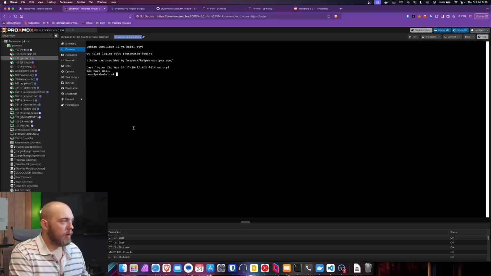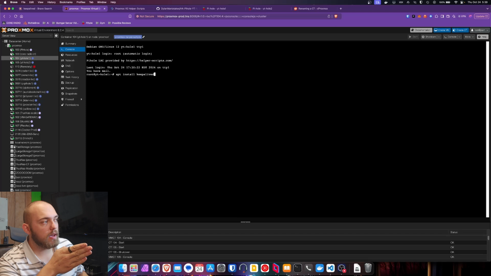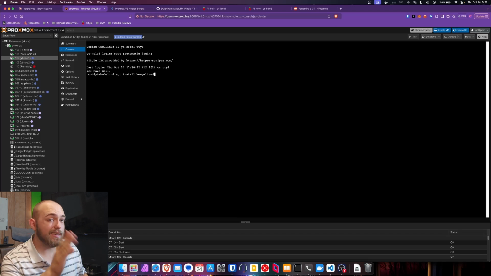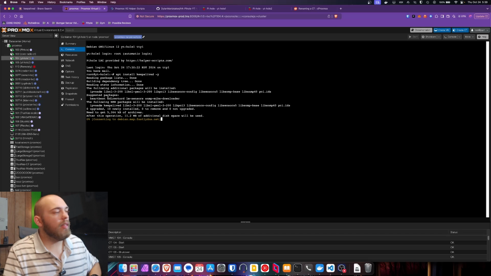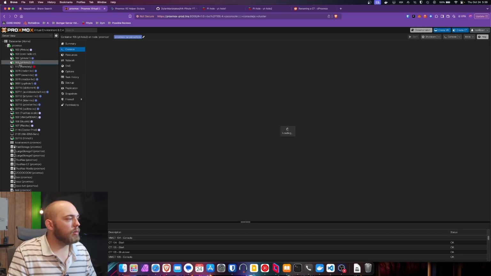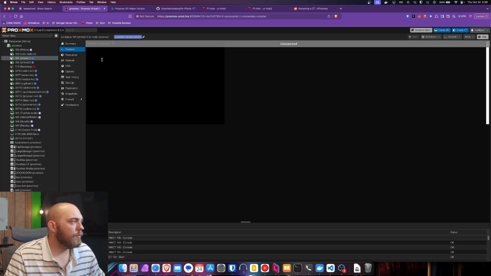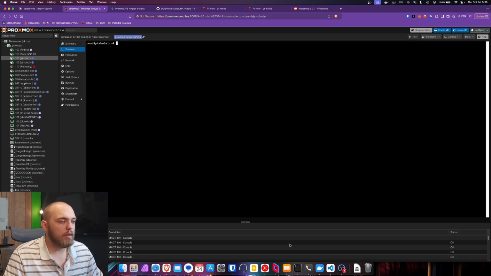You're going to open up Proxmox or whatever you're running your Pi-hole instances on. You want to type in apt install keepalived, all one word. Keepalived, keep alive, if you want to think about it that way. I'm going to put a -y flag on there, and while that's downloading and doing its thing, I'm going to run over and do it on the other one. So both of these now have keepalived.